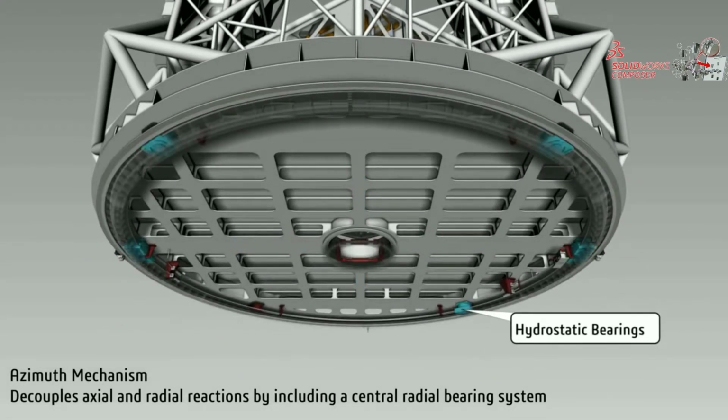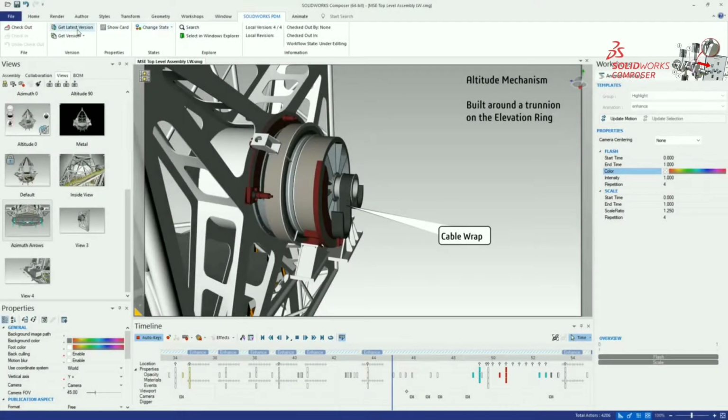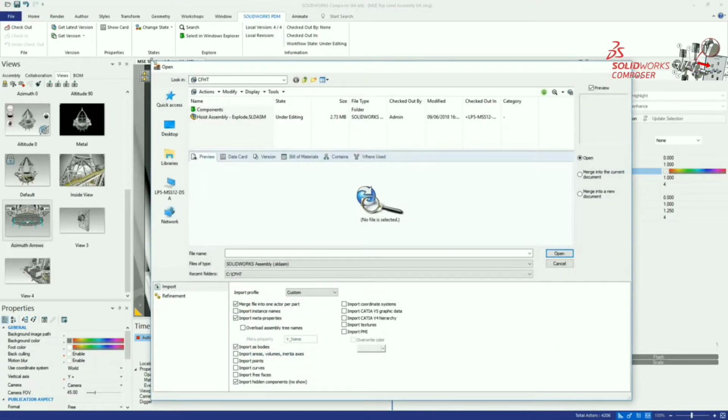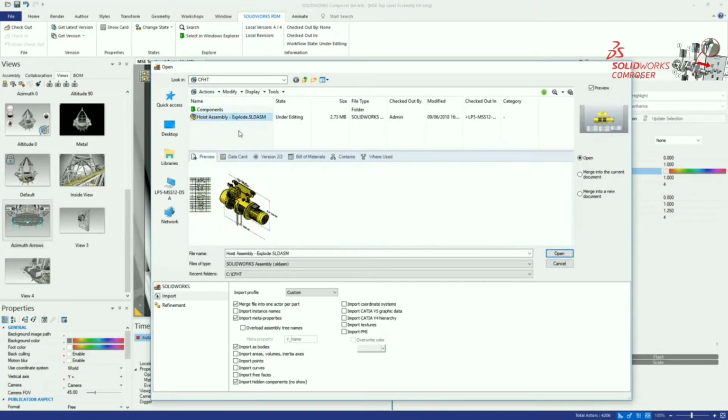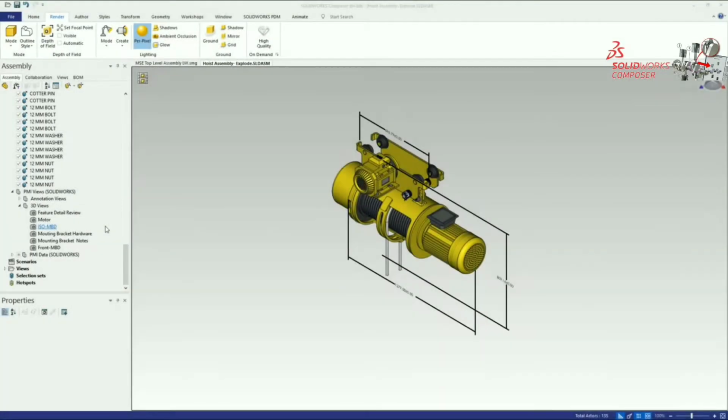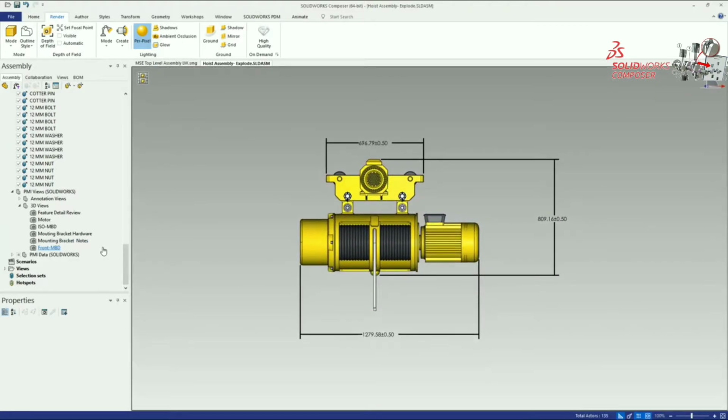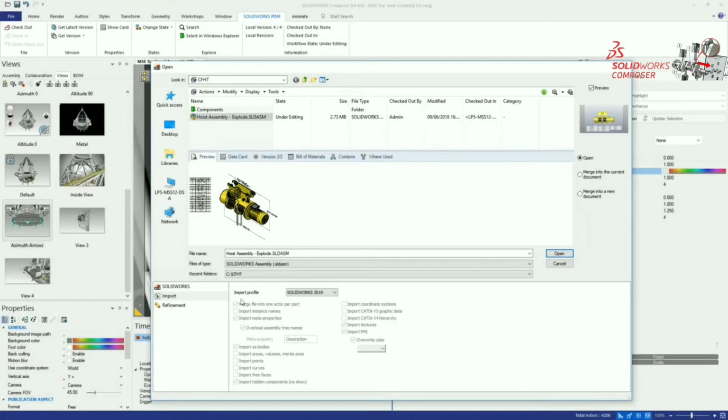The user interface has also been enhanced with additional integrations with SolidWorks PDM Professional. We can now check in, check out, change state and much more, all without leaving SolidWorks Composer. Opening and creating new projects is also more efficient. The open dialog now recall the last used file format and support custom import profiles. And the import PMI options now support SolidWorks MBD data to further leverage manufacturing informations of your product.